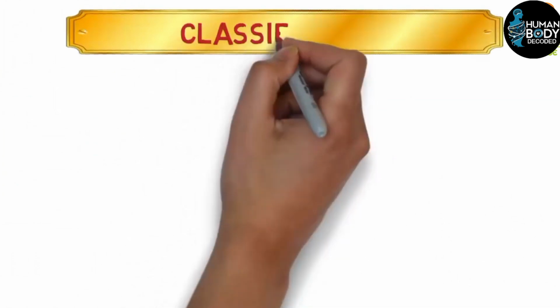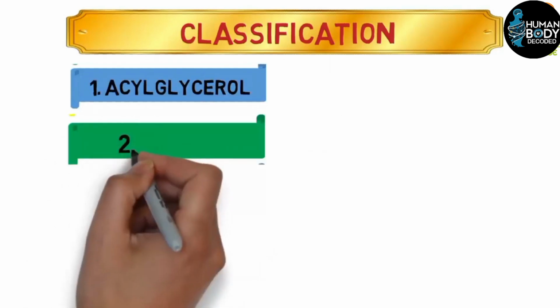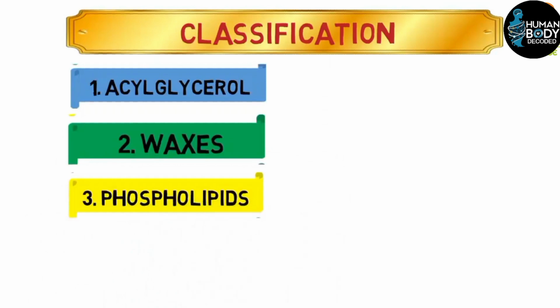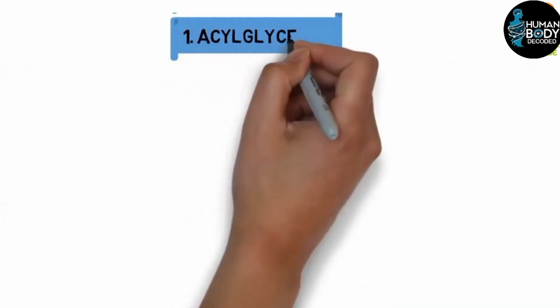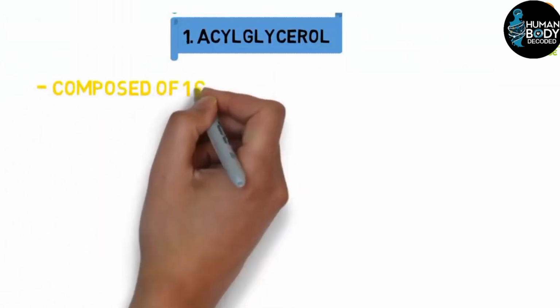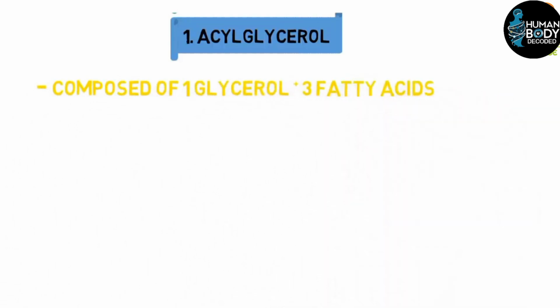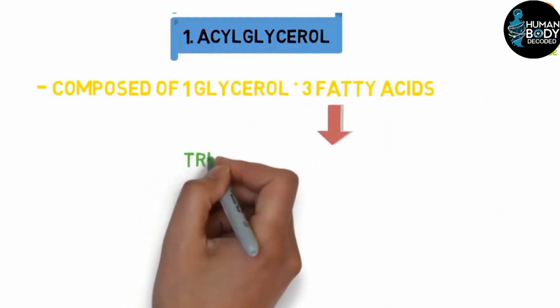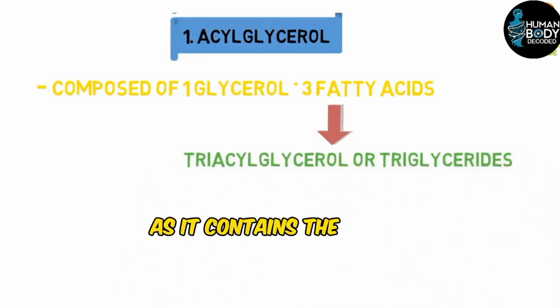Now, we will study the classification of lipids. Lipids are classified into 4 categories. 1. Acylglycerol. 2. Waxes. 3. Phospholipids. 4. Terpenoids. We will discuss each classification one by one. 1. Acylglycerol. Acylglycerol consists of one glycerol molecule and 3 fatty acid molecules, which together form one acylglycerol molecule. Because it contains 3 fatty acids, acylglycerol is also called triacylglycerol or triglyceride, as it contains the word tri, which